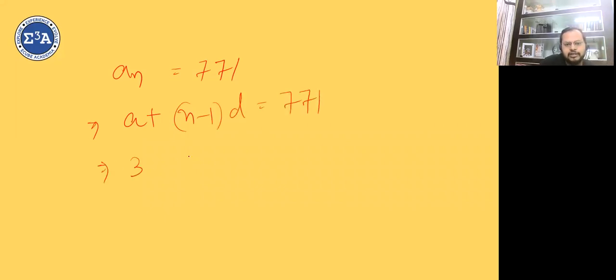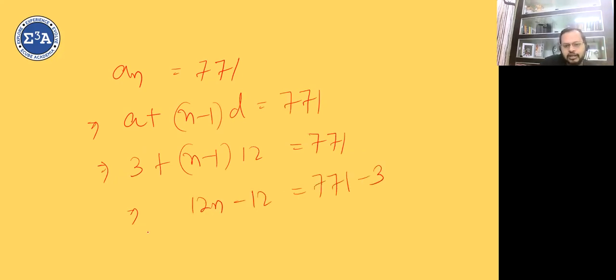A is 3, D is 12, so 12N minus 12 is equal to 771 minus 3. 12N is equal to 771 minus 3, which is 768. 768 plus 12, the minus 12 goes to this side, so it will become